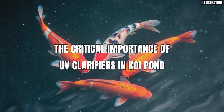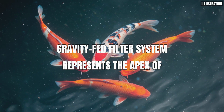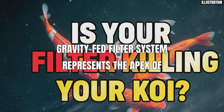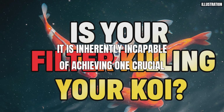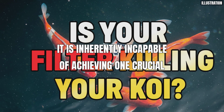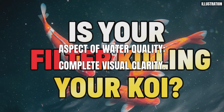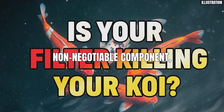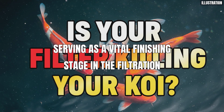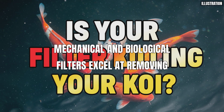The critical importance of UV clarifiers in koi pond systems. While a robust, gravity-fed filter system represents the apex of mechanical and biological waste processing for koi ponds, it is inherently incapable of achieving one crucial aspect of water quality: complete visual clarity. This is where the ultraviolet UV clarifier becomes a non-negotiable component, serving as a vital finishing stage in the filtration